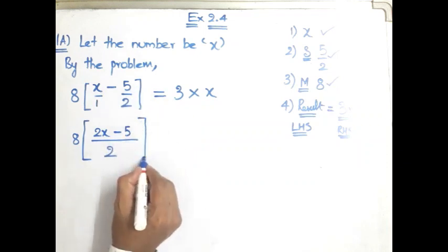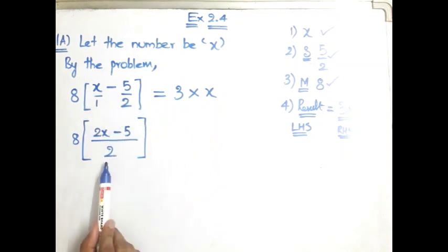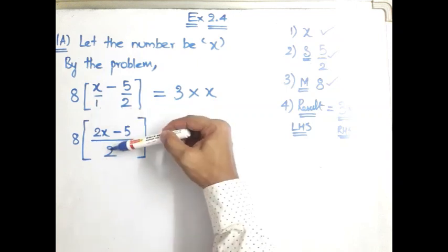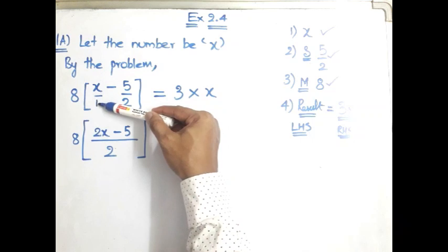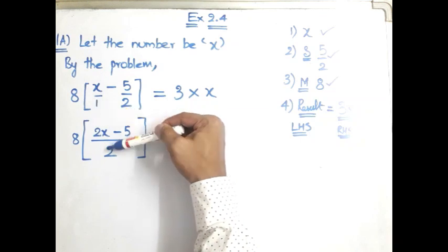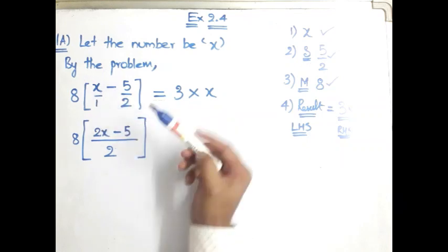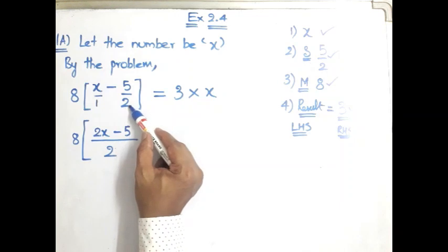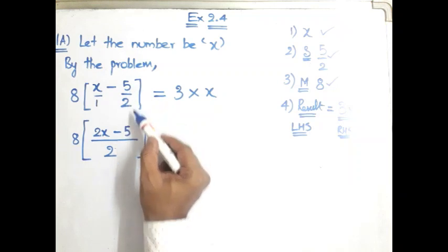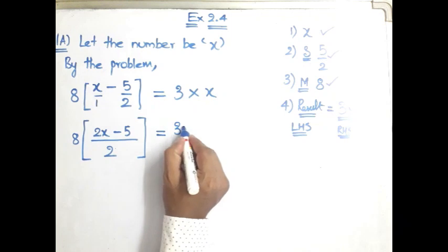I am repeating this step, please look carefully. The LCM of 1 and 2 is 2. So we got a common denominator 2 now. This 2 when compared with 1, how many times is it? 2 times, because 1 2s are 2. That 2 into the numerator, 2 into x, 2x. Here also, how many times is 2 in 2? 1 time. So 1 into numerator 5, 5. That is equal to 3 into x, 3x.